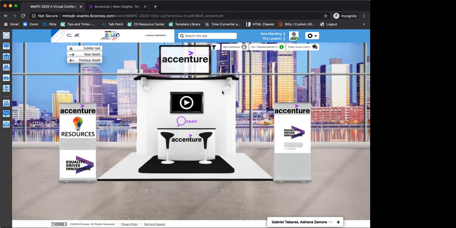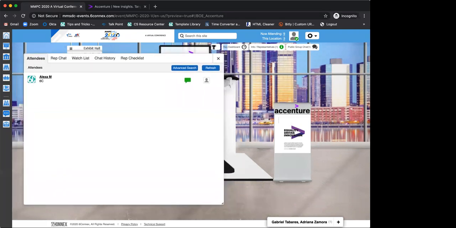Okay. I saw somebody who had a question about sending out an e-blast. If you wanted to invite somebody to your booth, you just give them instructions: once they log into the platform, click on the exhibit hall icon, and there will be a directory, and they would just scroll the directory to come to your booth. No, we don't have booth numbers, but there will be a directory listed. I think it's in alphabetical order. Yes, okay, so they just go in alphabetical order to click on your company's name. Correct.